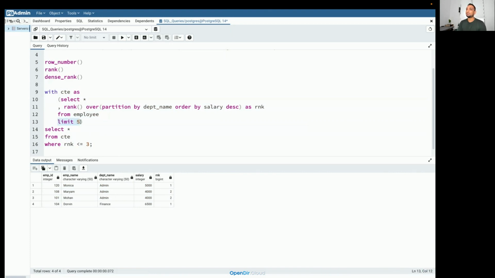Good question. Who asked this? Okay, Murli. To be frank, I have never used something like this. We generally do not limit the records inside the with clause, because the whole purpose of using the with clause is to use the subquery where we need the data that we want, right? Limit is something that we always use at the very end. Yeah, but this somehow works.